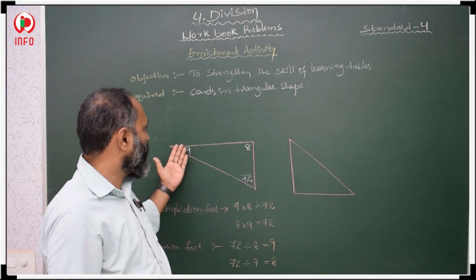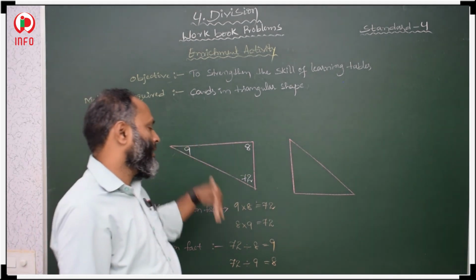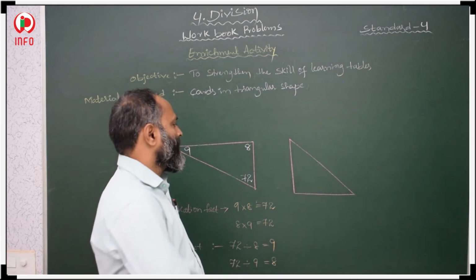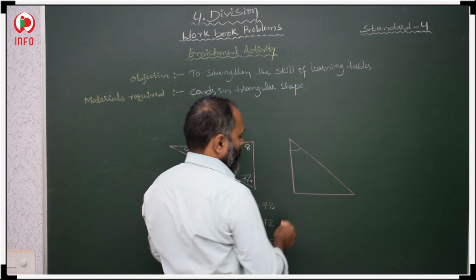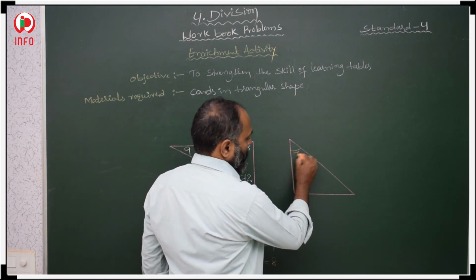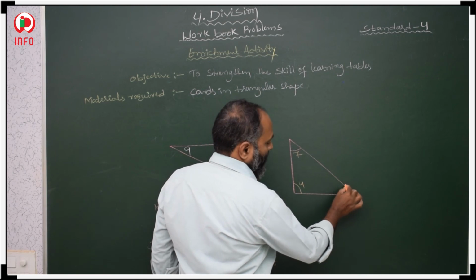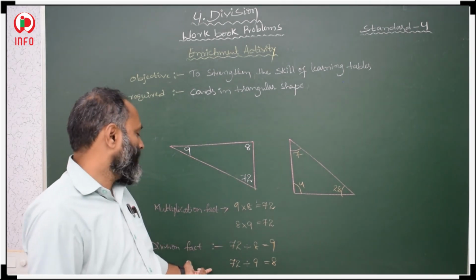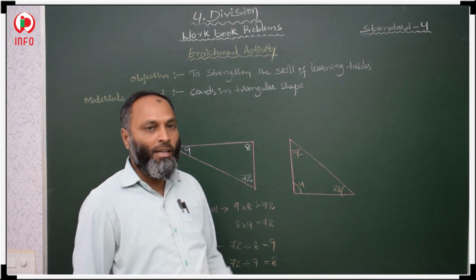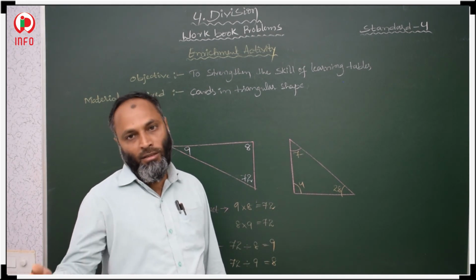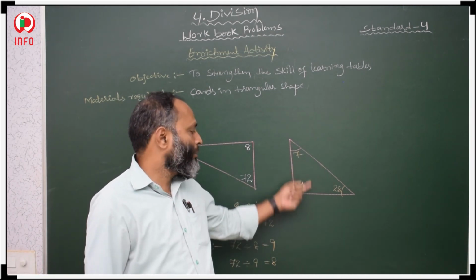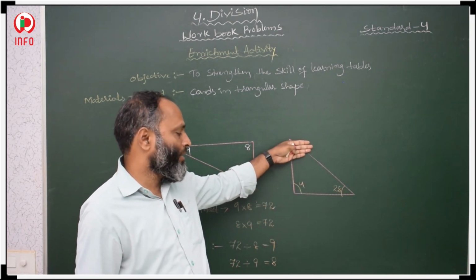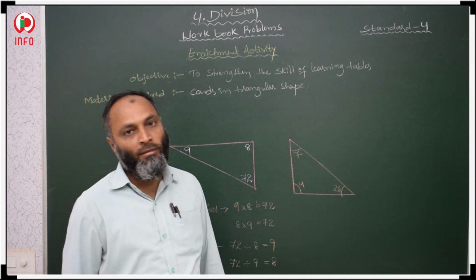By this activity you can know the tables as well as your multiplication facts and division facts. One more example: here I want to take another table. 7, 4, 28. 7 4s are 28. Now you apply the multiplication facts and division facts here also. You can take more triangular cards, prepare some numbers, write your tables, and ask your friends about multiplication facts and division facts. Okay? Thank you.